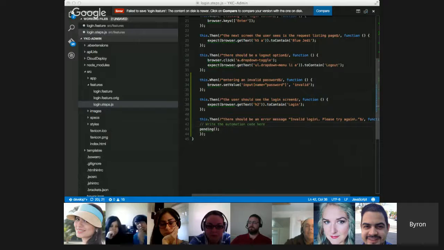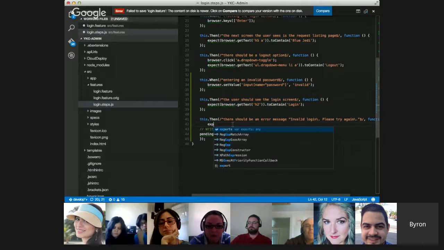And then I also noticed that there is a little message that comes up, unknown email or password. So I'm just going to copy that right off the page. And that is a div class alert danger. So I'm going to say expect browser get text from a div alert danger to contain